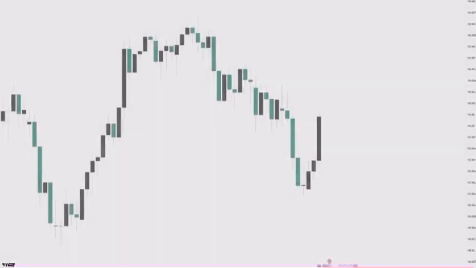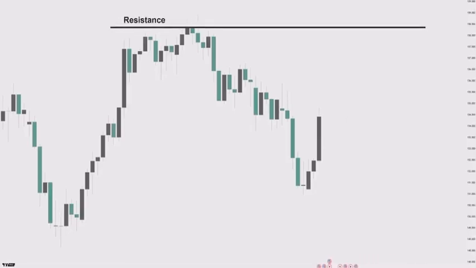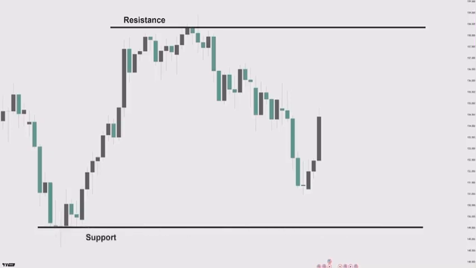Here, we have the dollar-yen on the daily time frame. In this higher time frame, the only thing we want to mark on the chart is the key supply and demand zones near the current price. At the top, we have the recent high, and at the bottom, we have the recent low on the daily